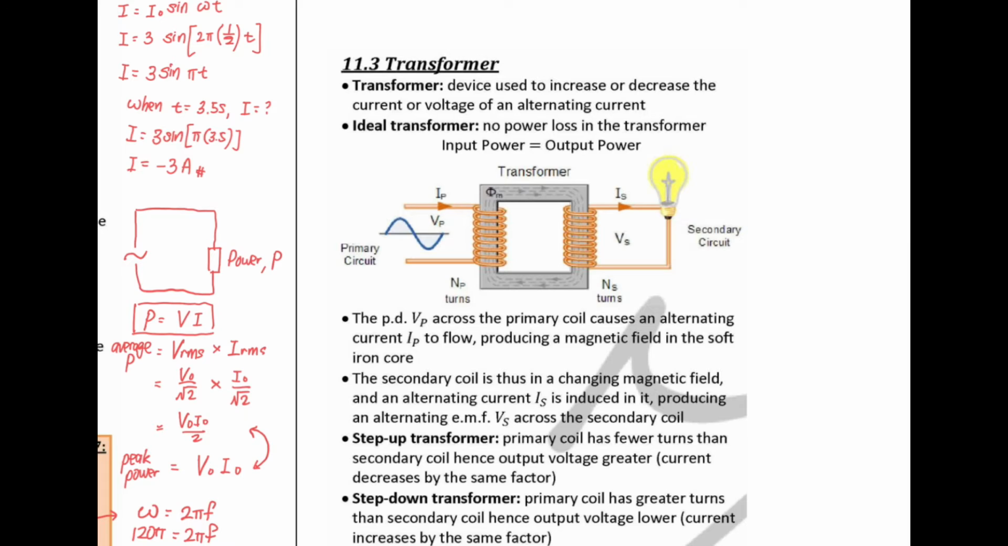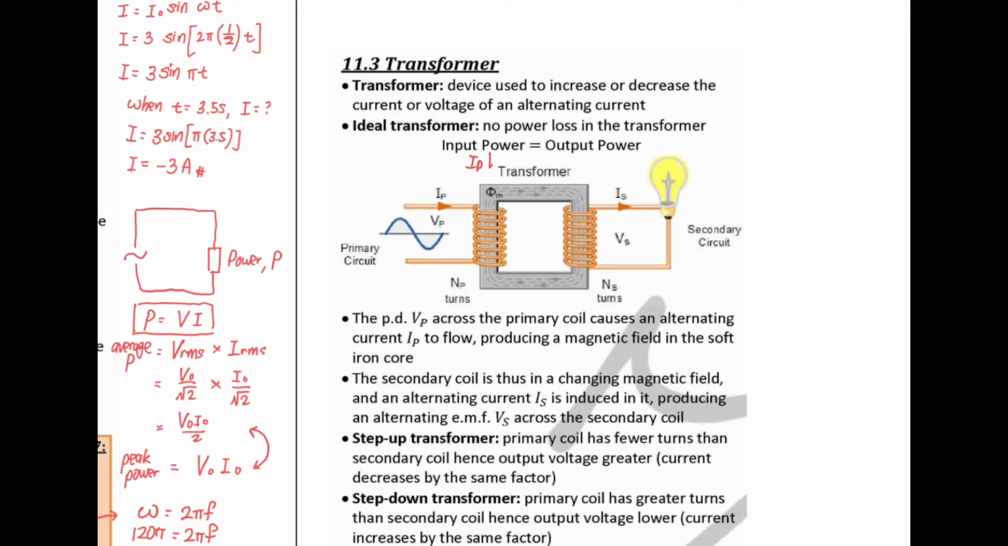So input power, of course, first of all, you have to know that the formula of power, as we discussed just now, power equal to VI. And input power is the power on the left hand side. We take the IP and the VP. IP means the current in the primary coil. VP, the voltage in the primary coil. This side is primary coil. Okay, so the input power is hence